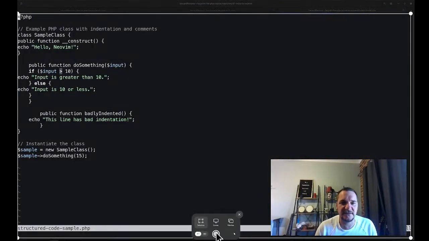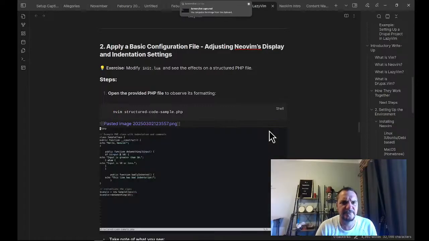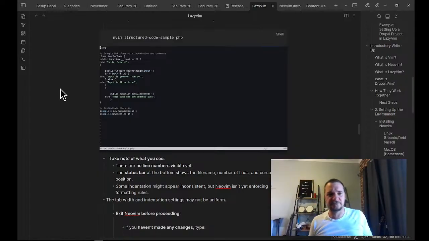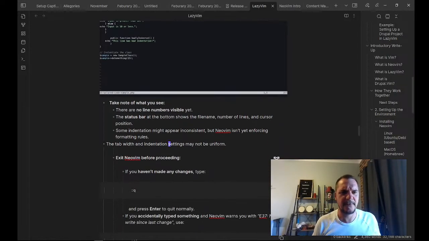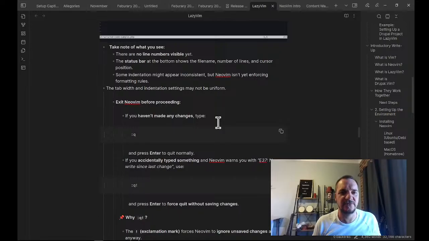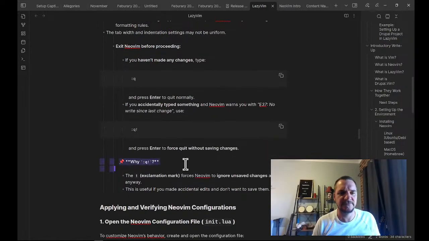Let's grab this. Oh. Okay, the tab width indentation settings may not be uniform. Exit NeoVim before proceeding. If you haven't made any changes, type :q. If you accidentally type something and NeoVim warns you with an E37, this is